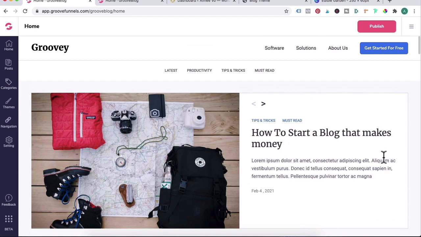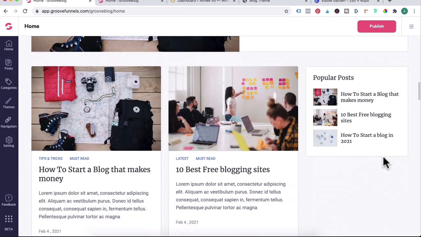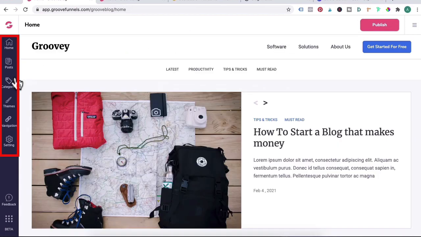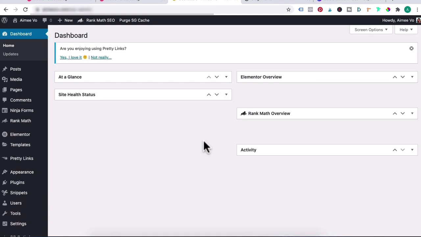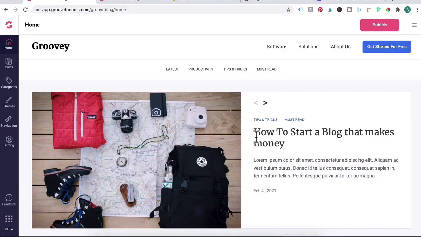Click Done. Once it's finished loading, Groove will auto-populate your blog with a few placeholder posts. Over in the left-hand panel, you've got a few tabs that are laid out similar to WordPress, although it's less overwhelming, as you can see here, because Grooveblog is in beta and it's fairly basic right now. Let's start with the Home tab. This gives you an updated view of your home page after you created a post or updated a post.